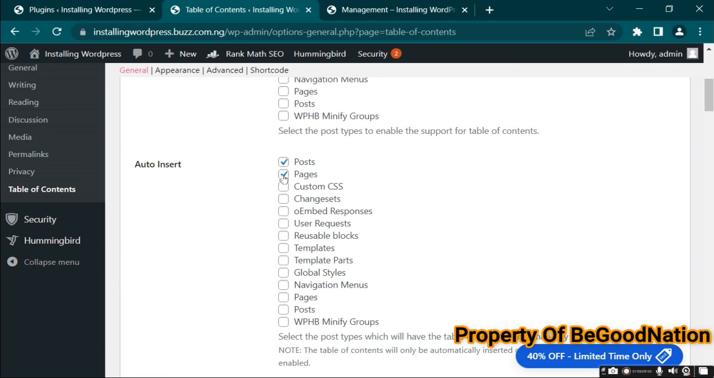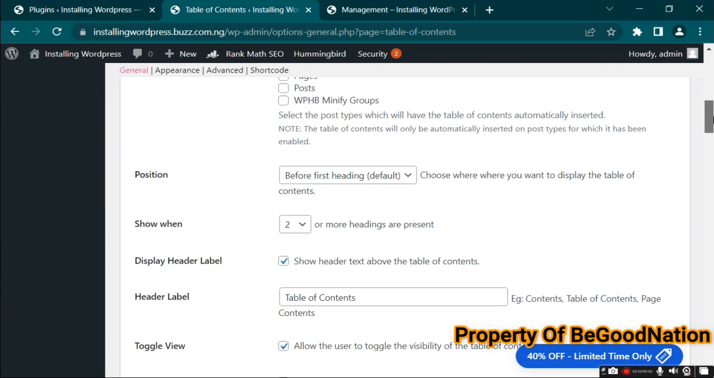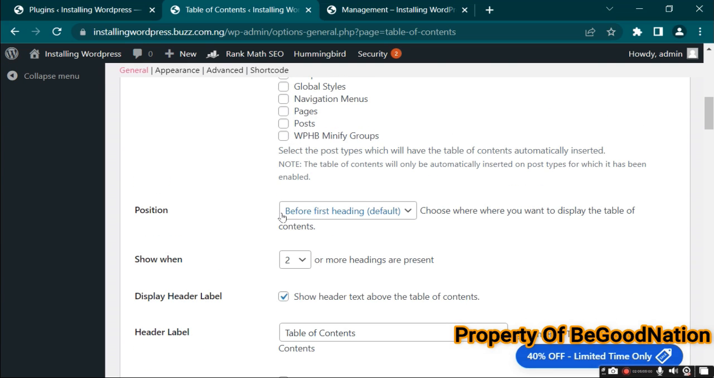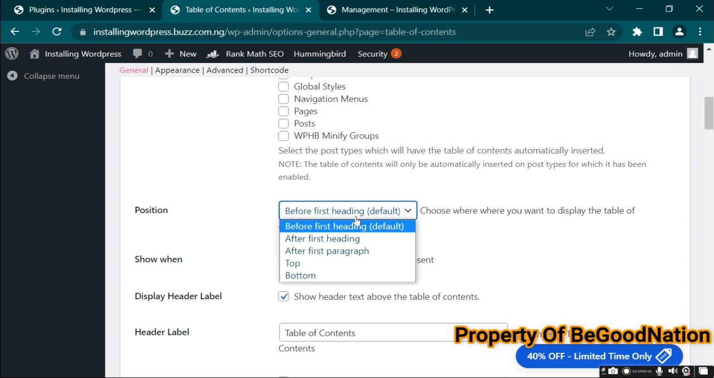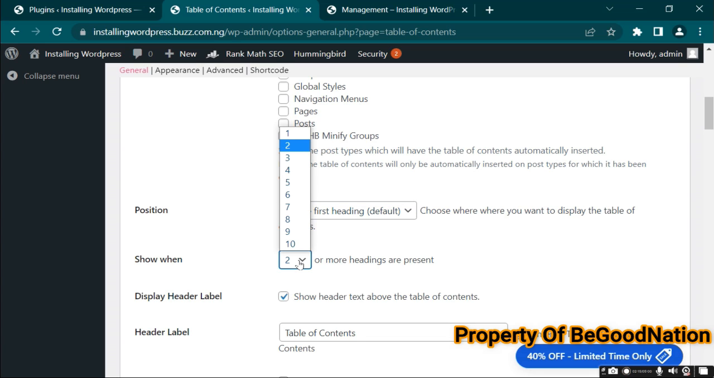All right, so what are the conditions for the table of content to show? I always say, okay, once there are 2 headings, 2 subheadings, subheading 1, subheading 2, on any content, there should be a table of content. These are the other options. I just decide to leave them default, and I come to the bottom and I just click on save